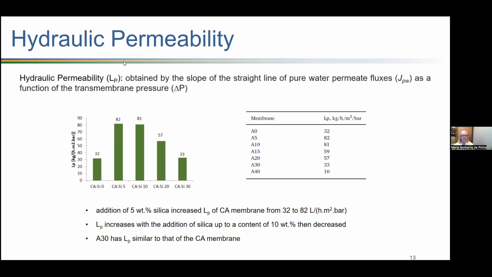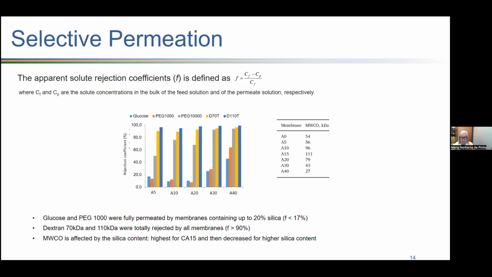As we can see, we have an improvement of the hydraulic permeability for the membranes with 5% and 10% of silica, and then for higher values, we have a decrease of the hydraulic permeability. So we are keeping the 5% and 10%, and for some time also the 18%, but then we will see that the membranes with 5% of silica are the ones that we are